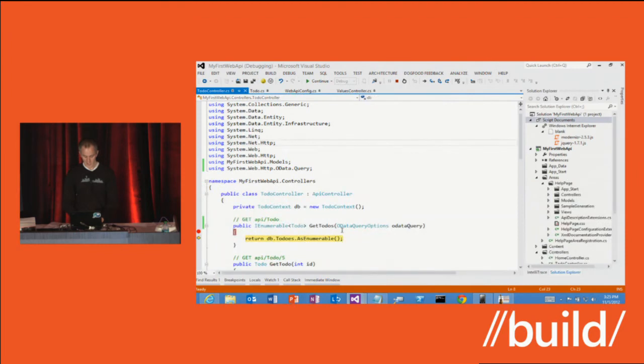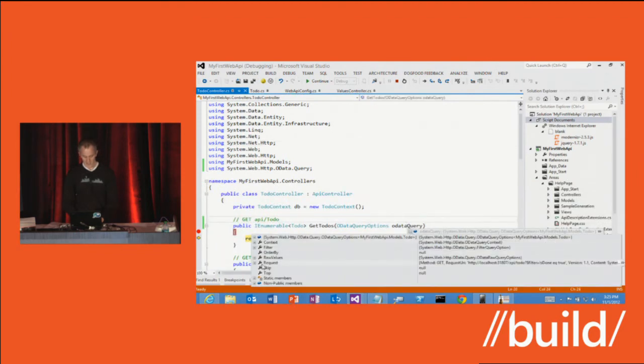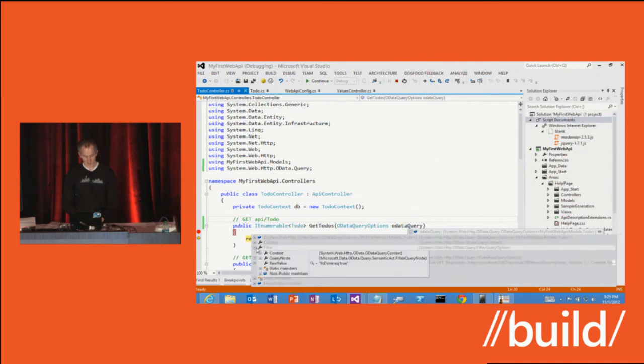I also have the option of just looking at the query myself and deciding what I want to do for it. So for example, here's the filter property, and this is the fully parsed filter. I can see the raw value, IsDone equals true, but I also get the query nodes. I can traverse the abstract syntax tree for that query and decide what I want to do with it.